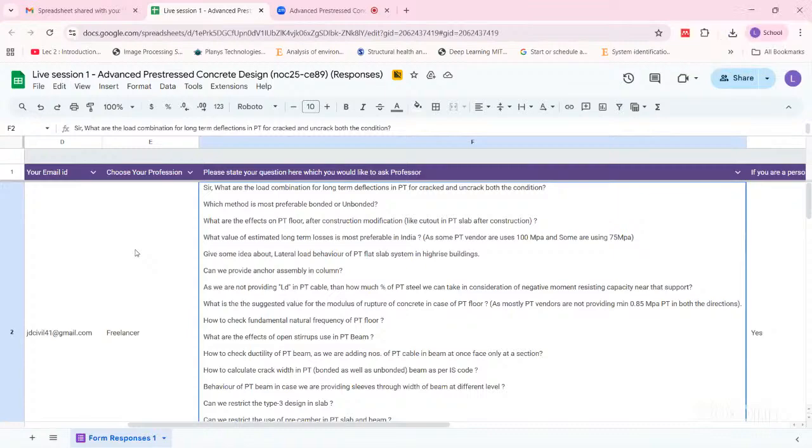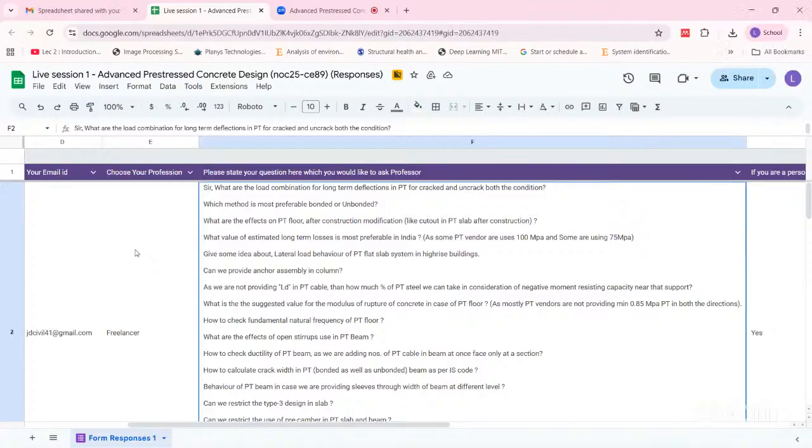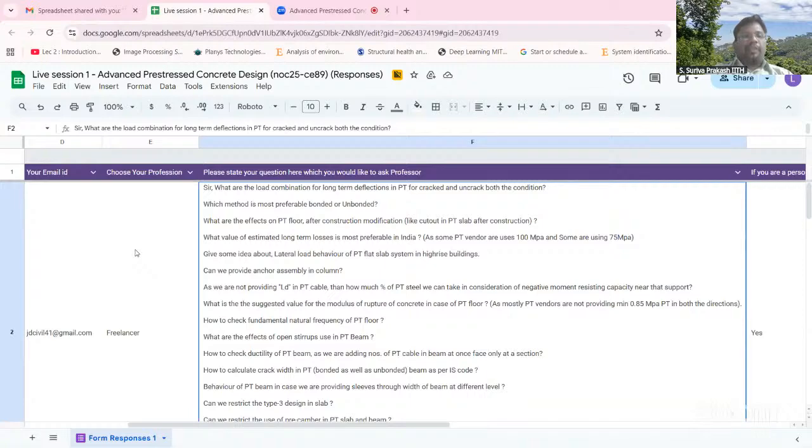So when you have an assembly, you have a lot of problems in placing your main reinforcements in the column. That's one thing. Second thing is, when you apply pre-stressing, depending upon the stiffness of your column, you may induce additional moments, which we have talked about in the continuous systems in our lecture also. You may create accidental cracking in the column, and it may reduce the flexural stiffness of the column, right? So that is the reason typically we try to avoid putting an anchor assembly in a column,